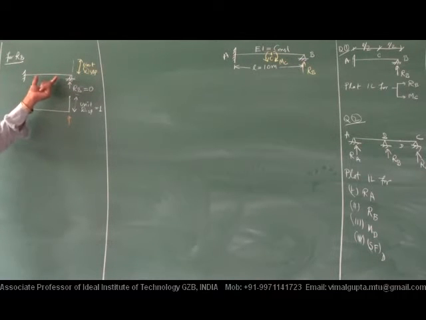If the value of L is 10 meter, or if the value of L is 8 meter, then for both cases the required value of this point load to have unit displacement will be different. It will not be the same. It will depend upon many parameters. It will also depend upon the value of EI. Clear to everybody?